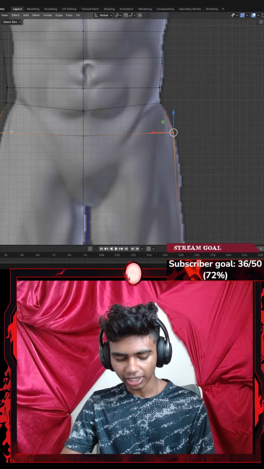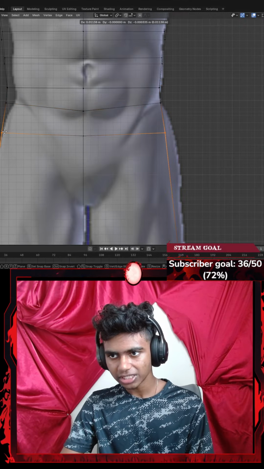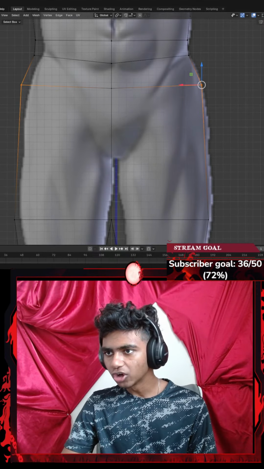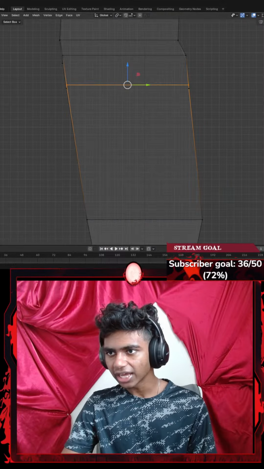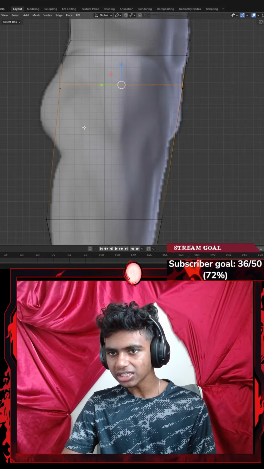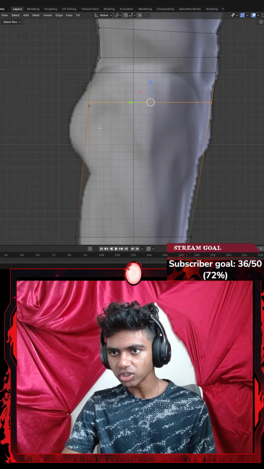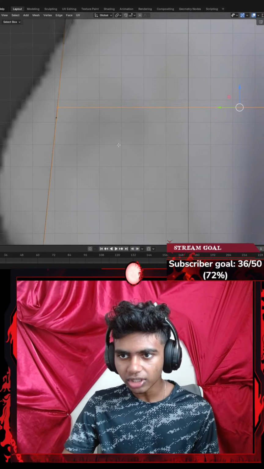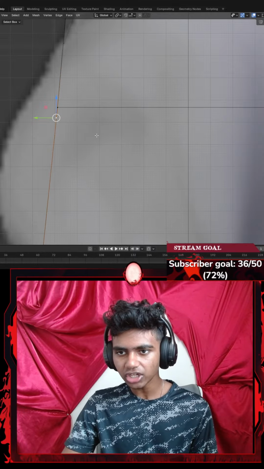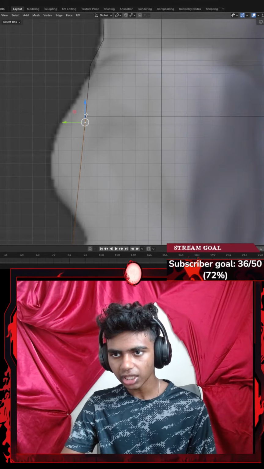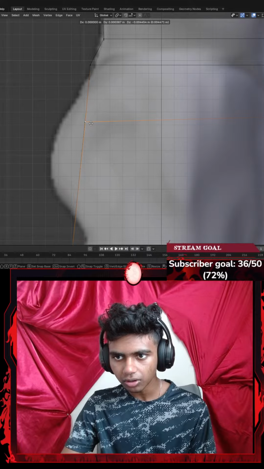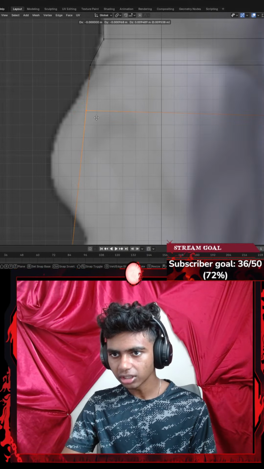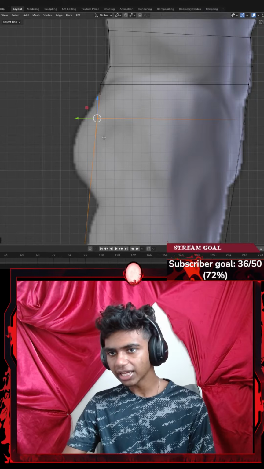I could go here and then just decrease my size a little, but I think that would make it look a bit weird. Okay, maybe I go to my x-axis or my negative x-axis, and then I gotta go ahead and trace that part as well. Okay, here's the thing. I've seen people work on the glutes later and all that stuff. Should I work on it now? Wait, are these the same thing? There we go. Okay, maybe I go ahead and select that, get that a little higher. There. I guess I could work it right now.